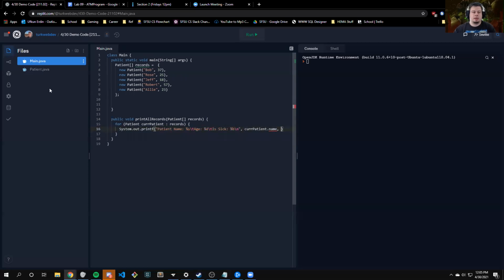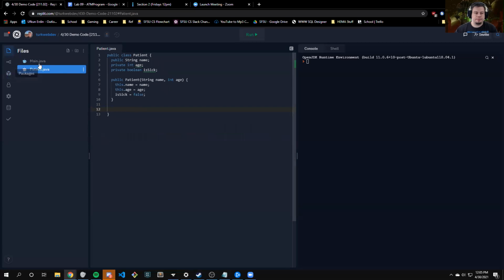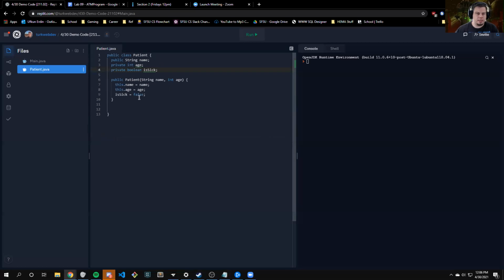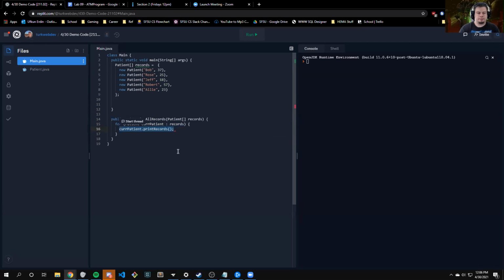Basically what I'm doing here is I want to print out all the variables. Actually, maybe a better way to do it would be, instead of this, copy what I have right now, currentPatient.printRecord. I'll write a function for that in here. Public void printRecord. We'll even just say toString. How's that? We'll say System.out.println currentPatient.toString,